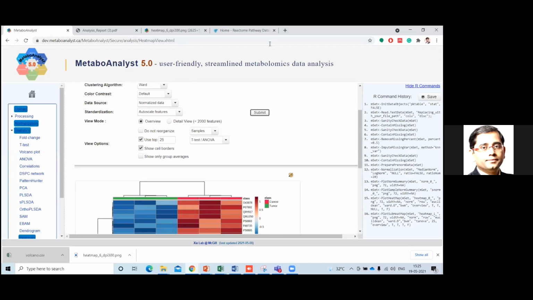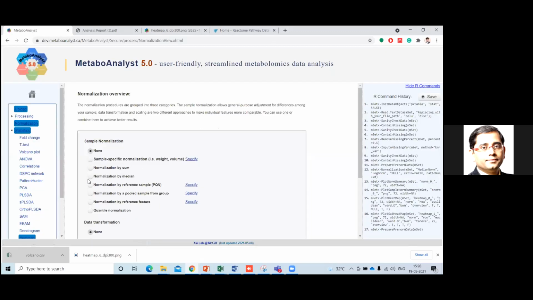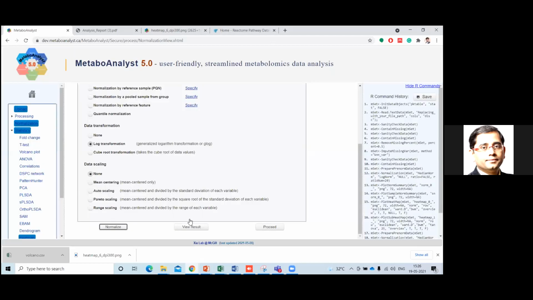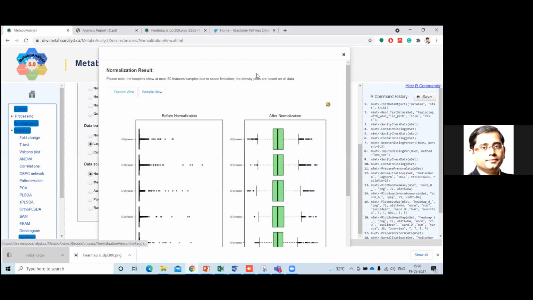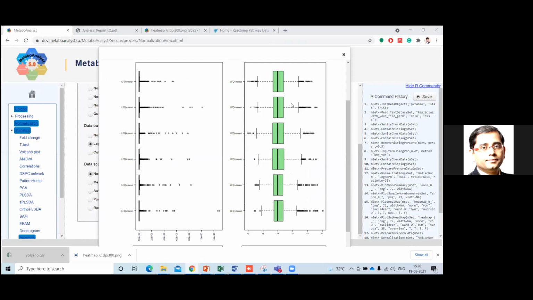I found that there is one particular question someone asked regarding the normalization step. As I have already told, once you get the data, you click normalization by median and log transformation and normalize. You can see that this particular sample is normalized. And why we are doing the normalization, as I told, is to decrease or remove the technical variability between the samples. That's why we are doing the normalization. So are there any other questions?